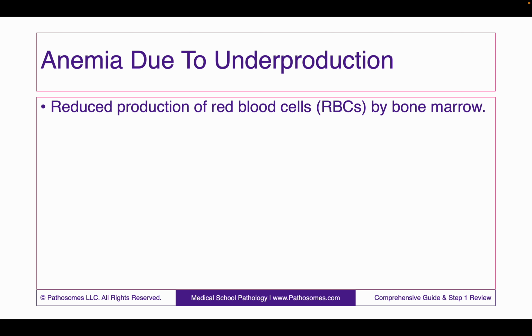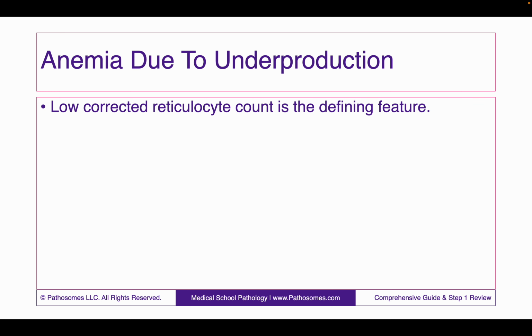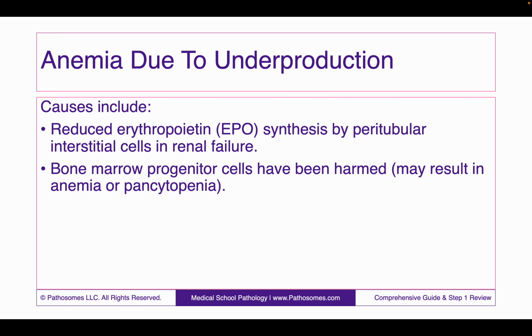Now let's talk a bit about anemia due to underproduction. Reduced production of red blood cells by the bone marrow, that is. Low corrected reticulocyte count is the defining feature. Causes of anemia due to underproduction include reduced erythropoietin, right? That makes sense. If there's no EPO, then the marrow is not going to be stimulated to produce more red blood cells. So reduced erythropoietin synthesis by the peritubular interstitial cells in renal failure, or bone marrow progenitor cells that have been harmed, which may result in anemia or pancytopenia,